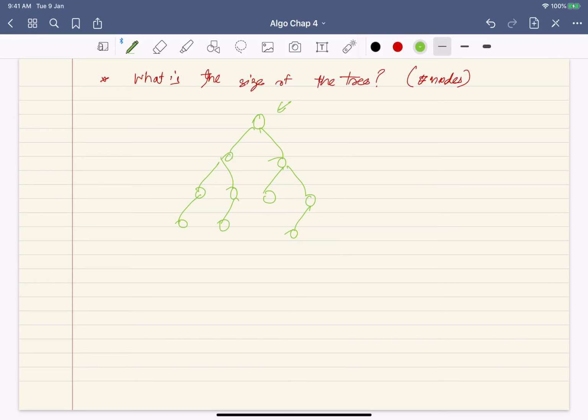I think in terms of root, left and right. If I know the number of nodes in the left subtree and the number of nodes in the right subtree, I can just add 1 to that. So 1 plus size of left plus size of right.